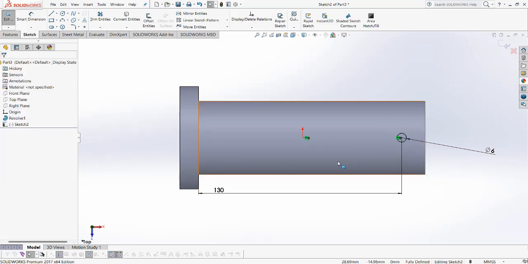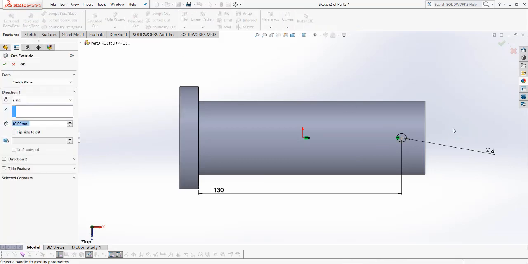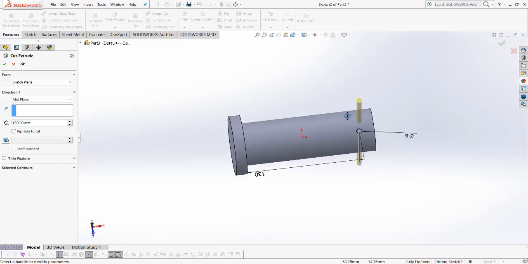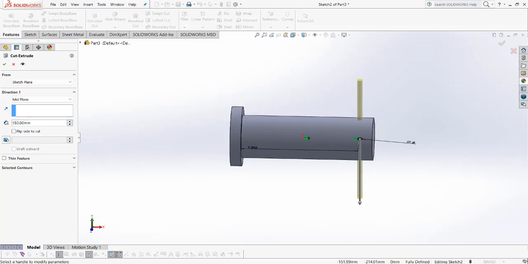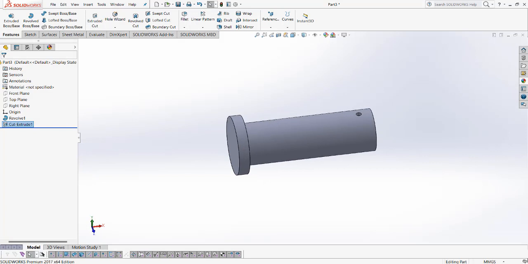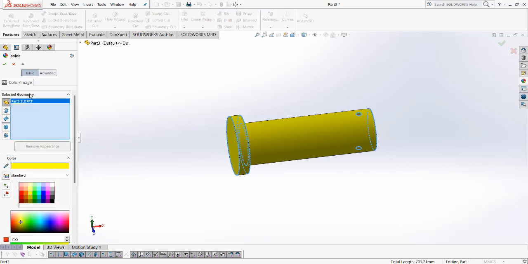Okay, now feature, extrude. Okay, mid plane and extrude up to this, like this. Now here the hole is created. Okay, then we assign a color for this rod as yellow. Okay,